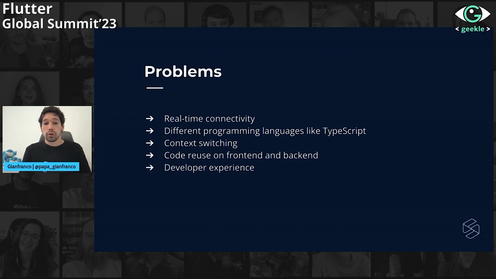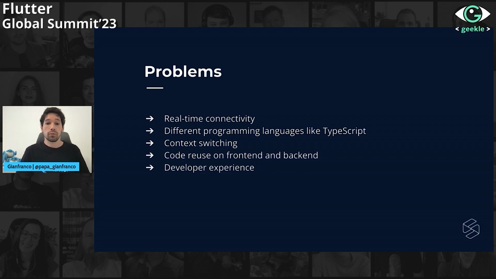So one of the problems that I identify in this kind of apps is that in some apps we have to have real-time connectivity. So this might be some criteria for me to select different backend as a service, or even try to think if that is even possible using, for example, Dart in the backend, right?